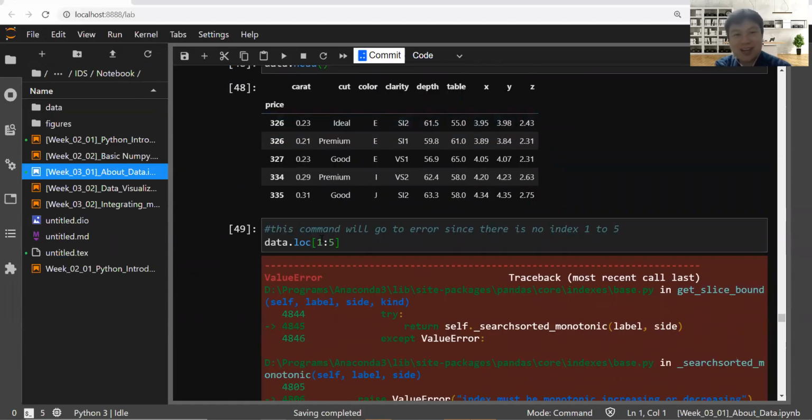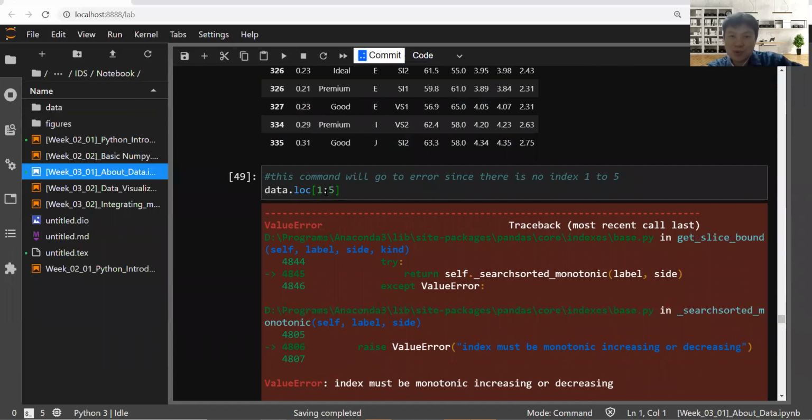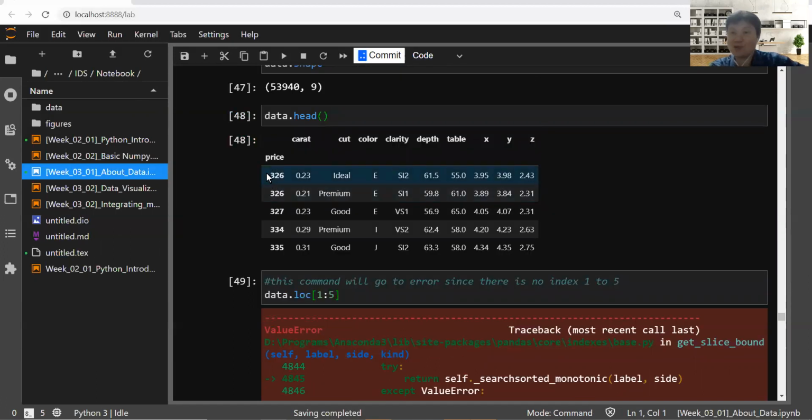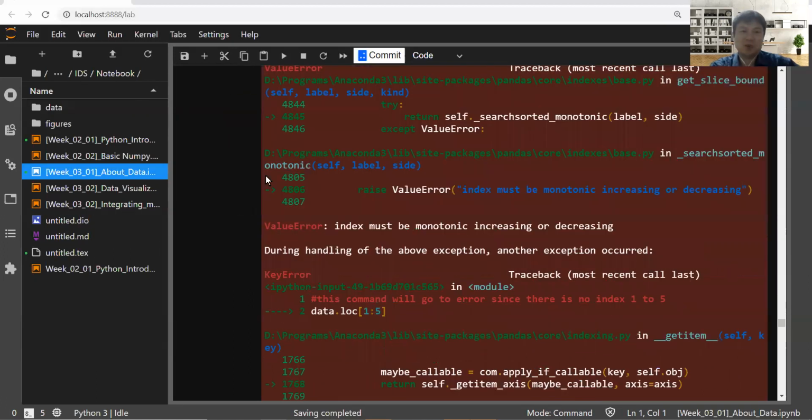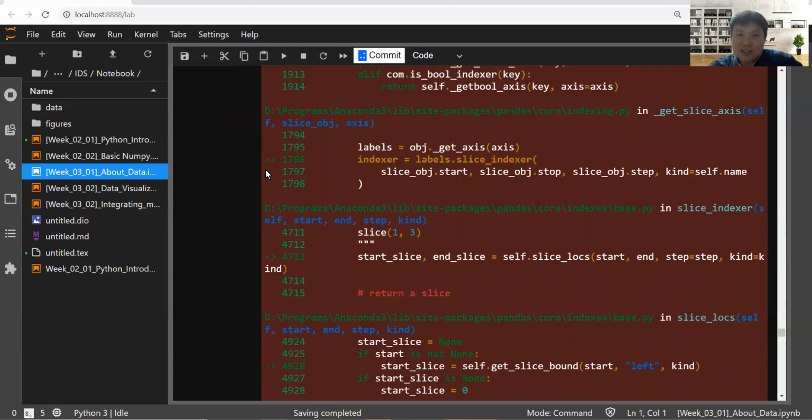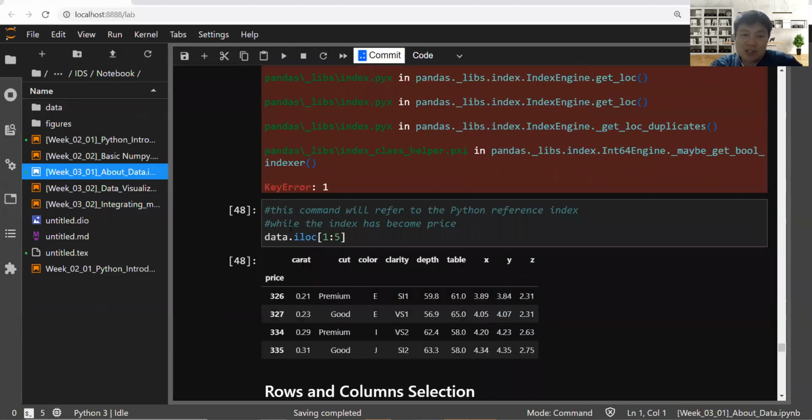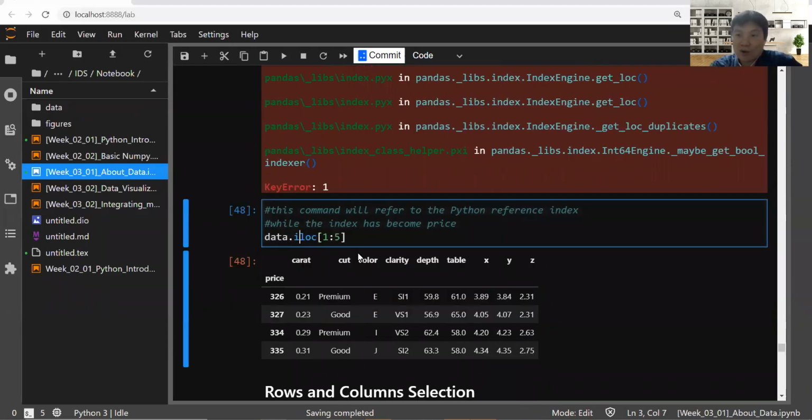No. Okay, is there any value of 2? No, but the number starts from 326. Okay, so how can I call the first data then if I do not know the index? Yeah, the solution is to try to use iloc. Okay, I refer to the Python reference index,